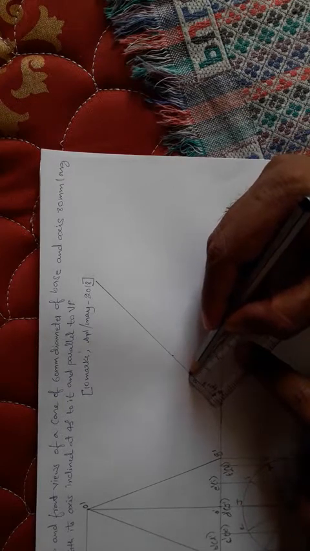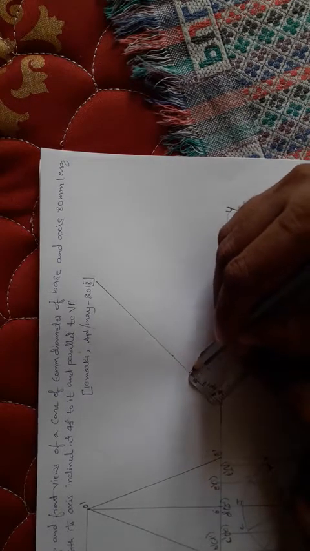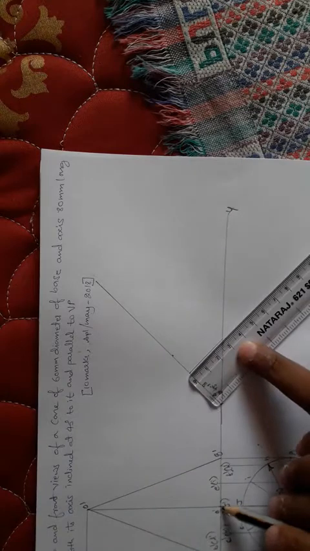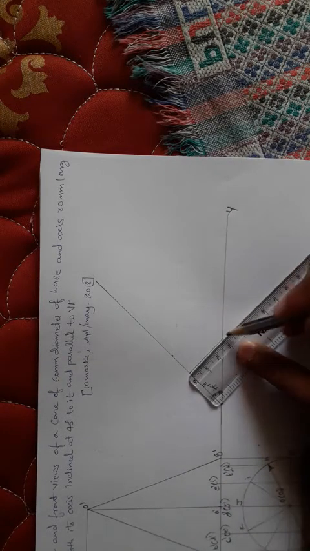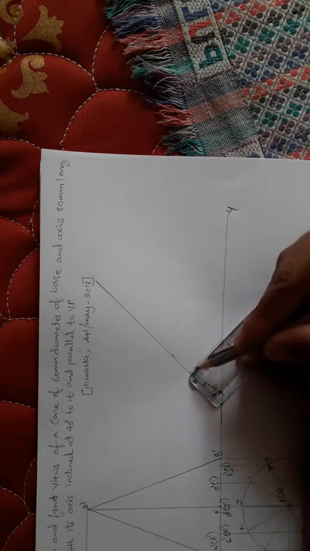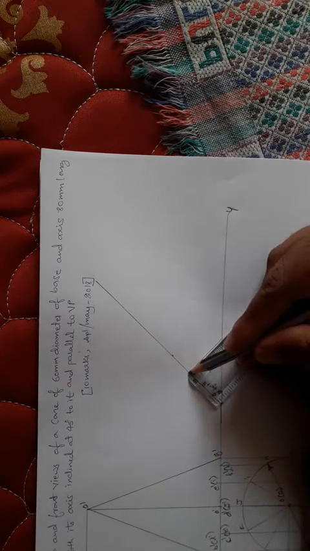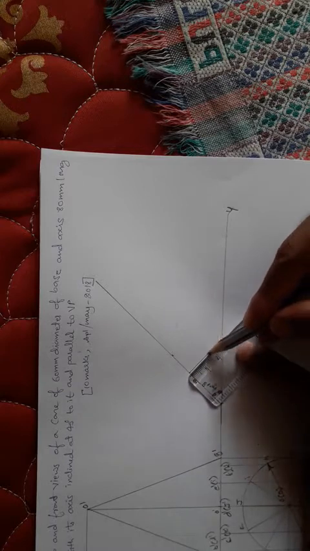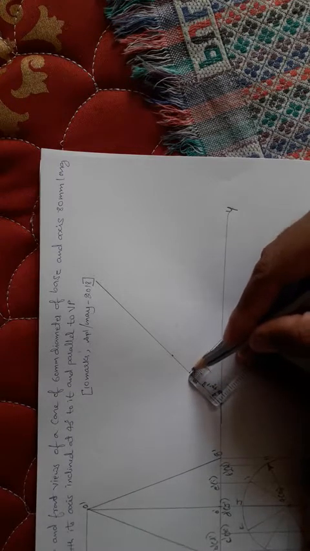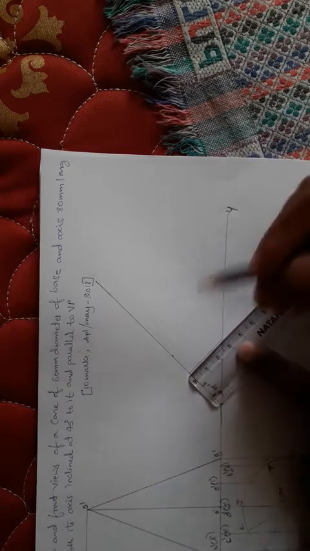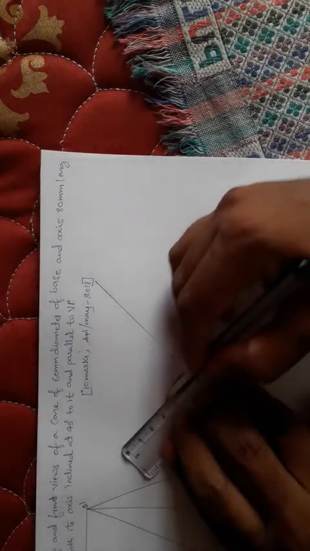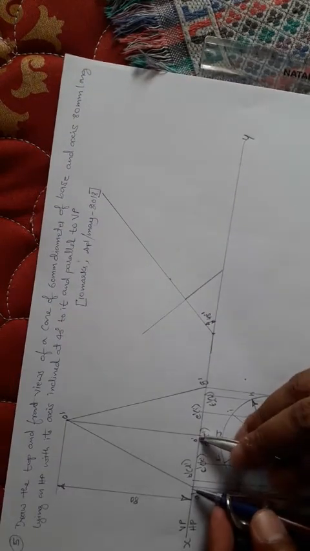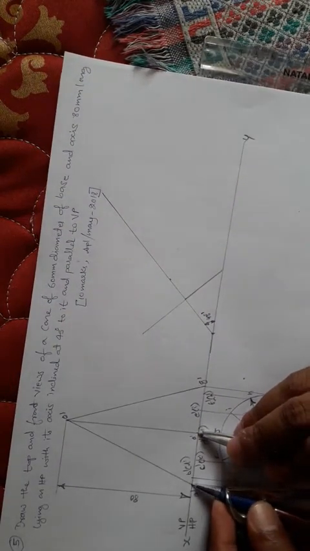It should be 90 degree, perfectly 90 degree. From D to G is 29 mm. From the XY line to another inclined 45 degree line should be perfectly 90 degree, and this distance should be 29. Okay, and draw the extension line from here. Okay, and you can take the distance from center to this.